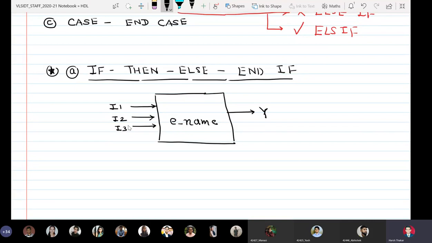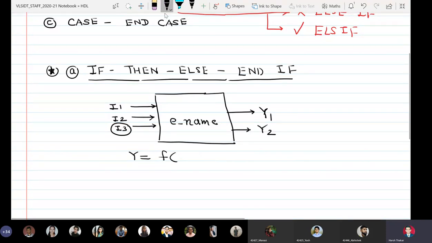In order to explain this, we will assume that it has two outputs, Y1 and Y2.